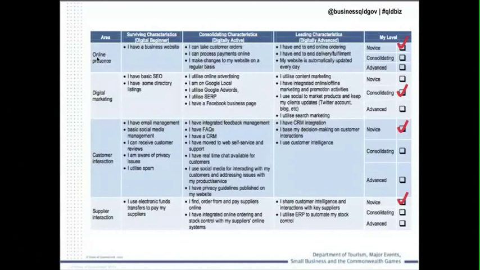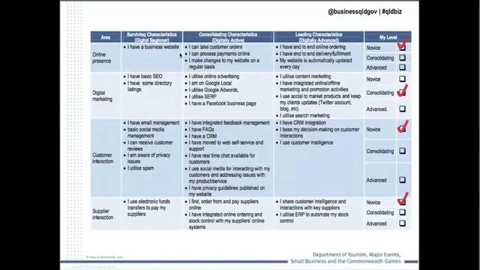It gives you a really good snapshot to be able to look at the novice area, or the medium or digitally active area, or the advanced area, and what those characteristics would look like. So for instance, under online presence, a digital beginner, someone that's just putting their toes in the water from a digital perspective, would have at a basic level just a business website.